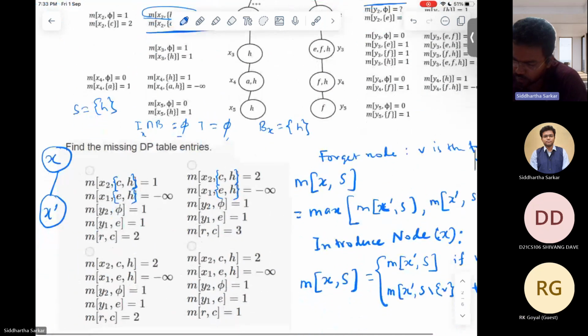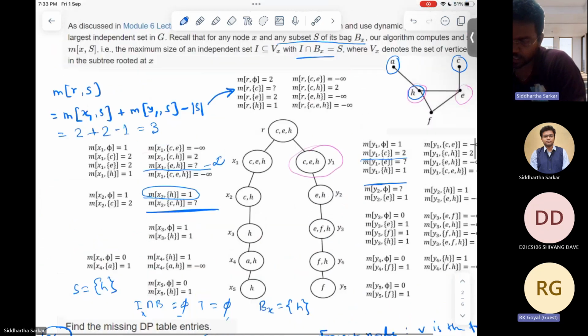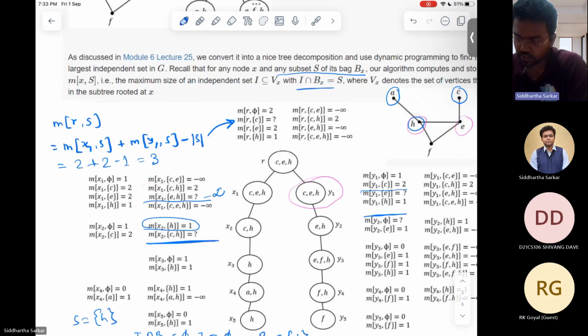We have computed all these values, and the correct answer is, whichever is the correct answer. The second option is correct in entirety. Out of these four, yeah. So the point is, at the end, we look at the entry corresponding to the root, and here